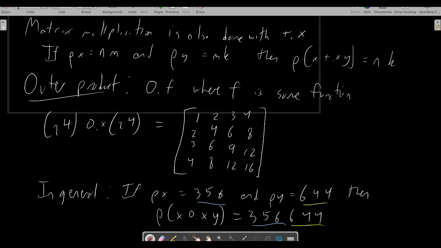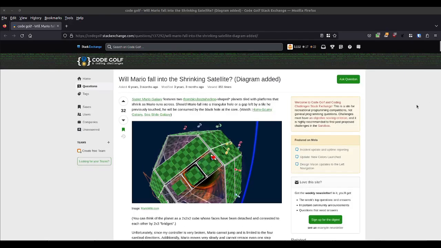Now we have everything we need. Here's the problem we're going to solve today. This programming challenge is based on Super Mario Galaxy. In Super Mario Galaxy, there are 2 levels where Mario runs around a funny-shaped planetoid collecting musical notes. But whenever he steps on a tile, that tile starts to disappear. Like any healthy planet, this one features a black hole in its center. So if Mario falls off the edge or steps on a location where the tile has already disappeared, he's done